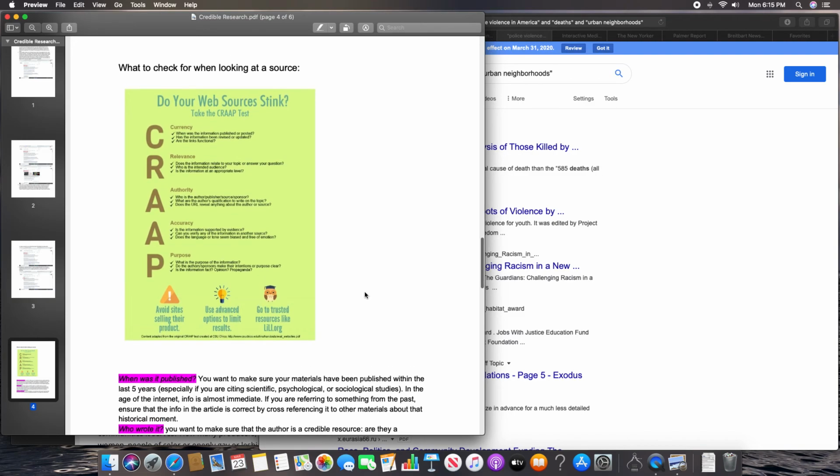All right, so what to check for when looking at a source. I love this poster. So you gotta do the CRAP test. All right, here's a list of things that you want to check for. Currency, when is it published? Give me a timeline, right? Especially with the internet, we're looking at the last 5 years, okay? Anything more than that, because information is almost available within seconds because of the internet. And so anything more than 5 years, unless you're writing about a historical time period or you want to focus in on an article that came out at a specific time,